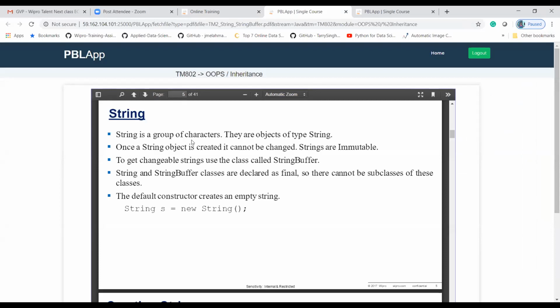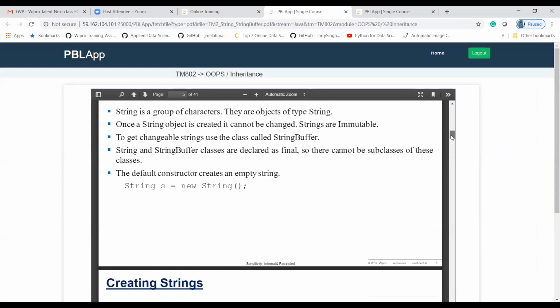They are objects of the same type, string. The elements in the string are character type. Once the object is declared, it can't be changed, that's why it is immutable. When you declare the string, we can't change the characters of that string in the middle of your program.